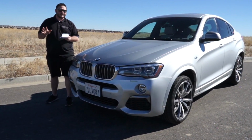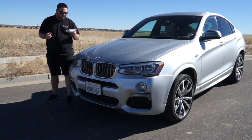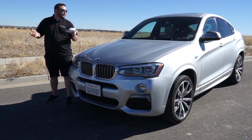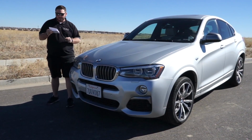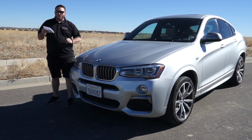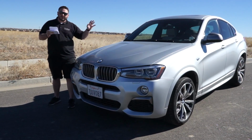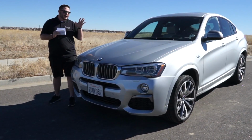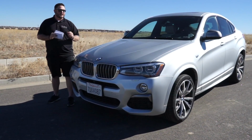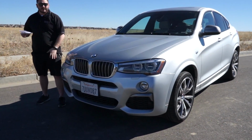I want to make sure that I get that right for you BMW fans out there. What's new? Well, they've redesigned the M Sport steering wheel, which we'll show you here in a second. They've changed it up a little bit. Optional wireless phone charging and a Wi-Fi hotspot are available for 2017. The rest of it, for those of you that are familiar with BMW, is actually fairly unchanged from 2016 to 2017. So let's get into the meat of the car,